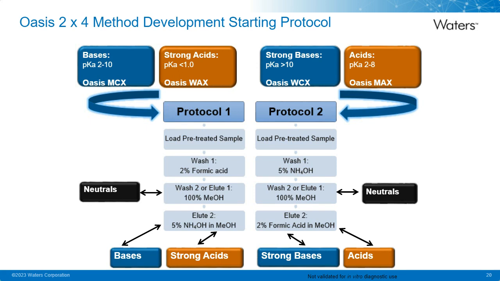There's a complementary one with the other two, the weak cation exchanger and the strong anion exchanger. Again, for our wash and often our load, we do this under alkaline conditions, and this ensures that either the WCX, the weak cation exchanger, is charged, or in the case of MAX, our analytes are charged. Likewise, our elute is under acidic conditions that turn off that ion exchange and allow us to fully elute everything off the sorbent. But it's important to remember we're talking about ion exchange as well as reverse phase on top of that. So these are the 2 protocols for the 4 sorbents. Often we don't have to go through all of these. The knowledge of the analyte we have will often allow us to just go ahead and pick one.